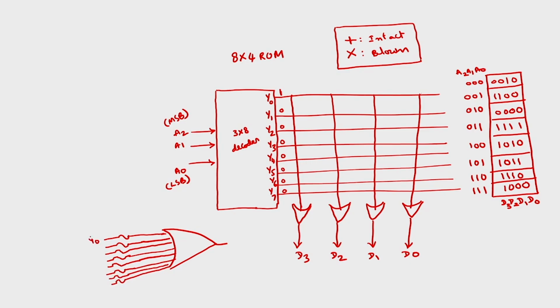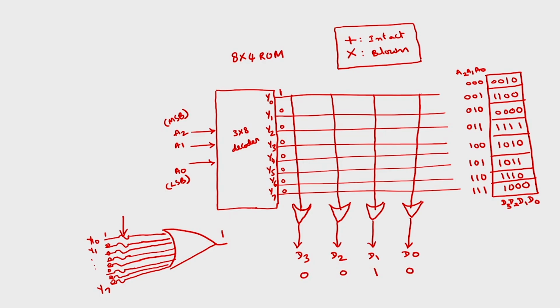So this fuse can be programmed, or kept intact. If this is 1 0 0 0 0 0 0 0, then the output will be 1, because for an OR gate, if one input is 1, the output is 1. So if I keep all the connections intact, then the output will be 1 1 1 1. But I want to store 0 0 1 0. Only here I want 1. So the remaining 3 I want as 0 0 0,